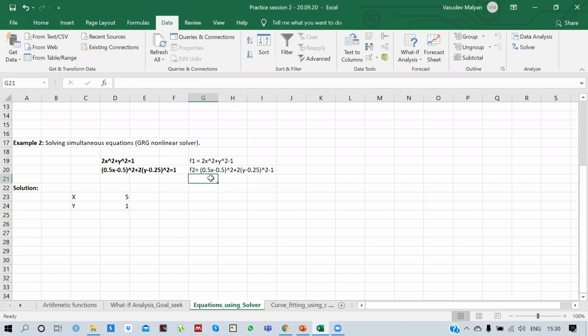Now I'm supposed to find those values of x and y where function 1 and function 2 become 0.